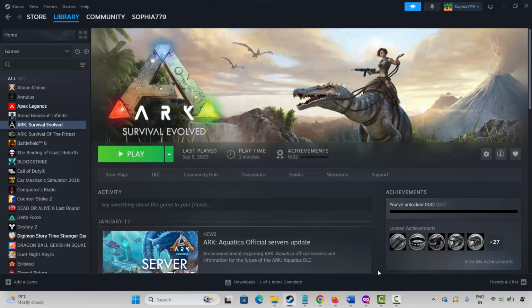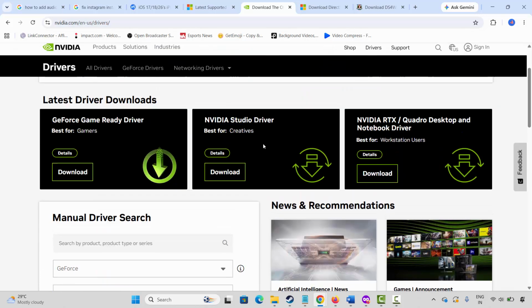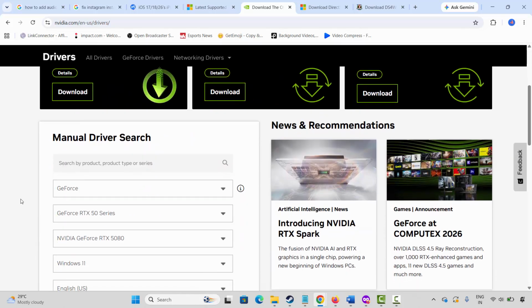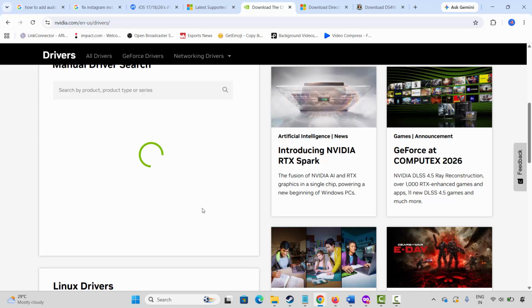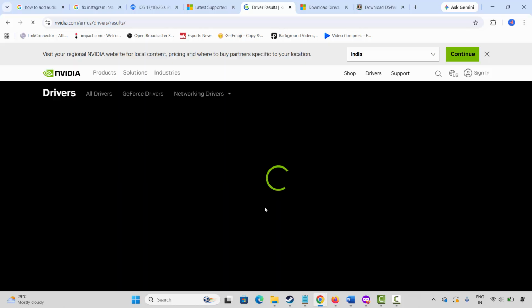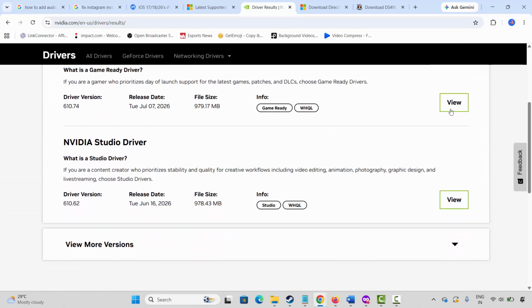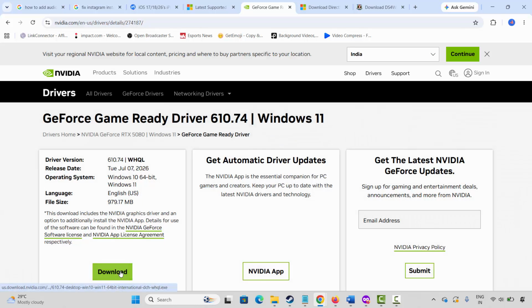NVIDIA and AMD users, go through the link already given in the description and you can easily update your graphics card from there. So after opening the link, you have to manually download the latest drivers. You can manually enter all the details over here and after that click on find option. This will show you several types of graphics drivers. Whichever you have, you simply have to click on view option and after that every detail will be mentioned over here and then click on download option. So after downloading it, update your graphics card to the latest version and after that launch the game and check